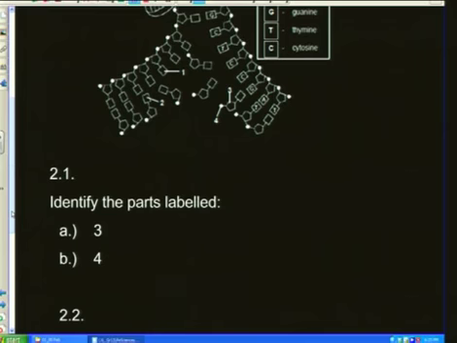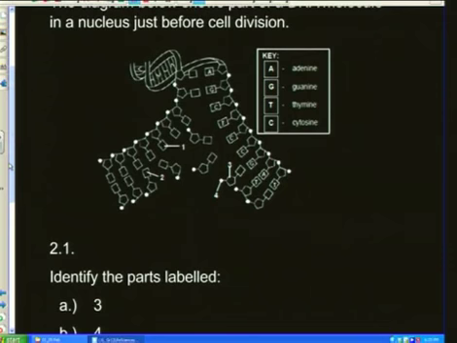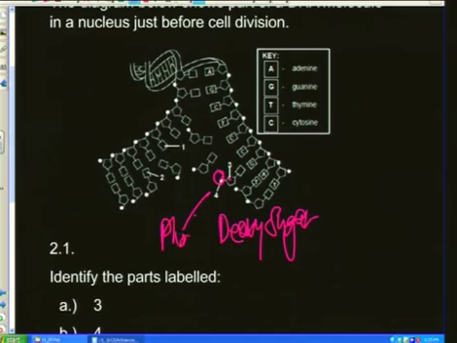Notice the overlap now from what we just did. Although this question is dealing with something else, it's still dealing with the structure as well. Let's go to 3 and 4. There's our 3 there. That would be the deoxyribose sugar. And 4, there is the phosphate.